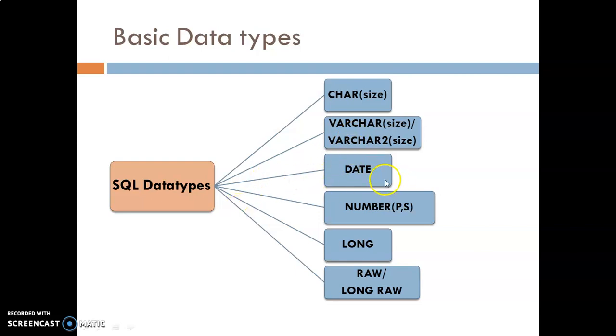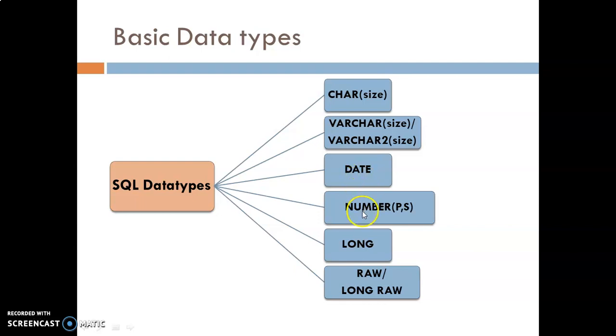Then after that, the date data type. It is used to store date and time type of data, and the information stored about the date and time is century, year, month, day, hour, minute and second based. The standard format of this data type is DD-MON-YY, that means the first three letters of the month, and YY. So our date is like 01-APR-20. If suppose you want to retrieve the current date and time, then you have to use one inbuilt function, which is sysdate.